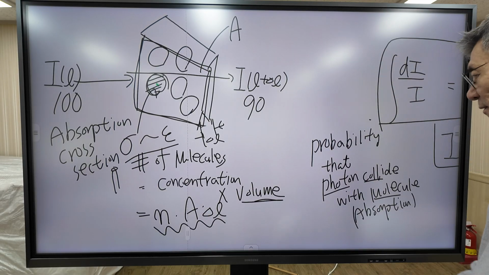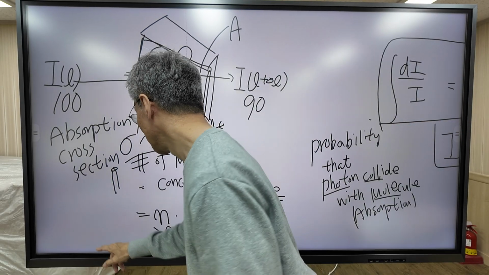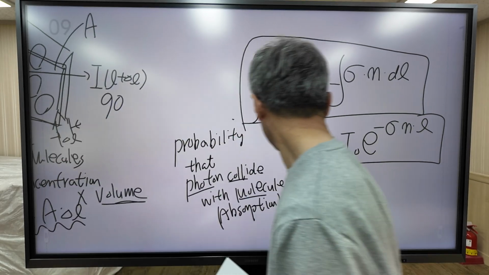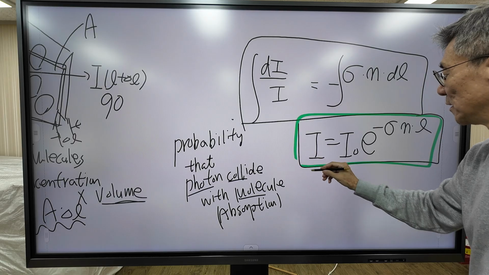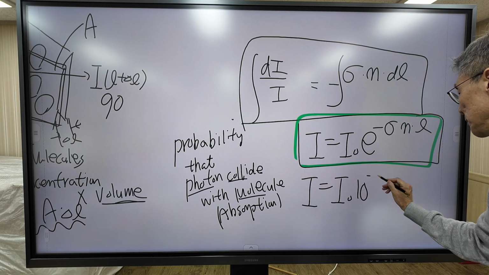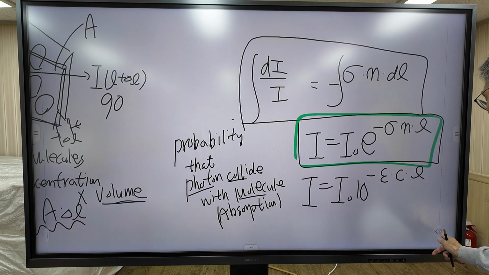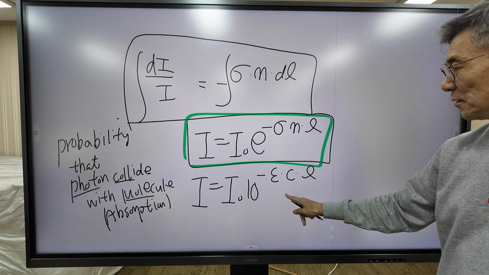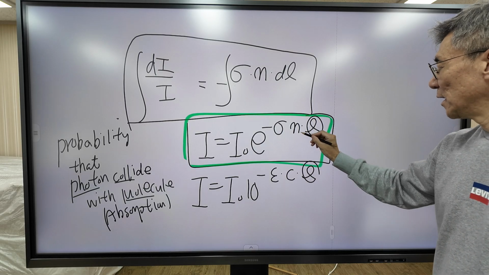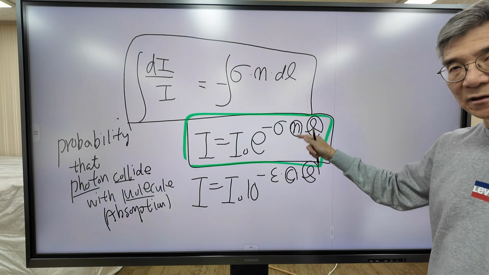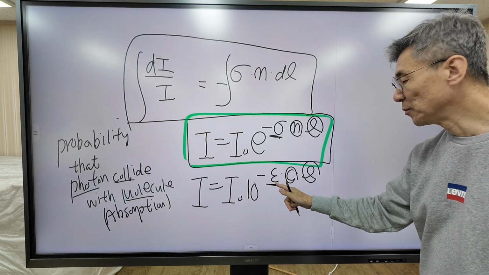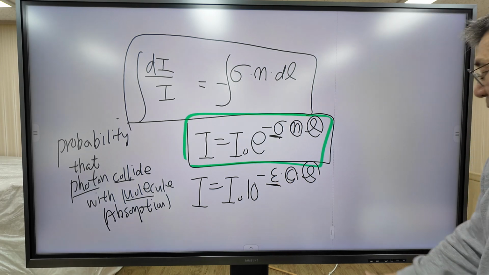Right? So compare these two formulas. Compare this formula with the Beer-Lambert law. According to the Beer-Lambert law, 10 to the minus εCL. This is the Beer-Lambert law. This is the absorption cross-section law. L is the path length, N is the concentration. So absorption cross-section is directly related to the molar absorption coefficient. But please note that